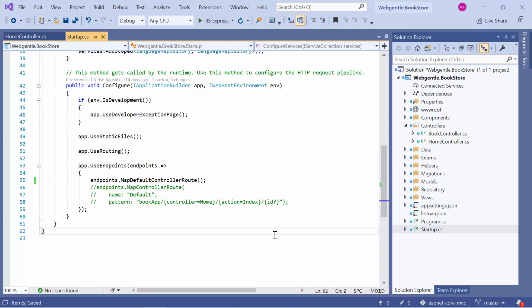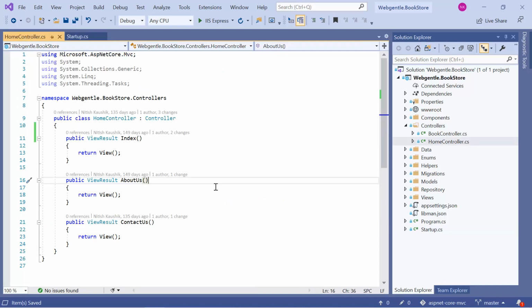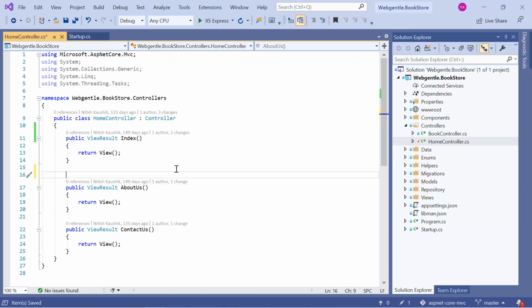If you remember, in the previous video where I was creating a route for this about us page, I needed to define all these three lines and then I was using that route for that about us page. But here we need to define the same thing by using attribute routing. Let's see how to do that. First of all, you need to open the same action method where you need to define your routing. So suppose I want to define my routing for this about us action method. Attributes are the classes that are used just like we have used validations on our model class properties. In the same manner, we will define all the routes using attribute routing.